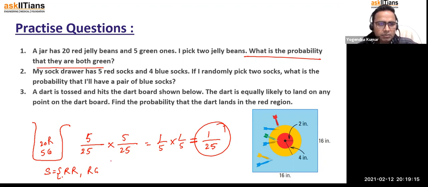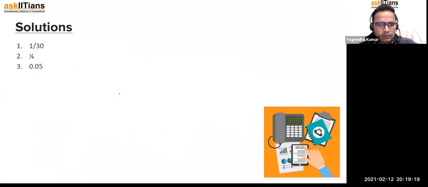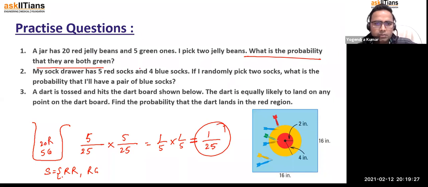Okay, we should mention here, I think we need to correct the answer here. Let me change it here. 1 by 25 should be the answer, but this type of question, you're going to learn later on when you learn permutation and combination next year. But here, just to correct the question, we should write here one